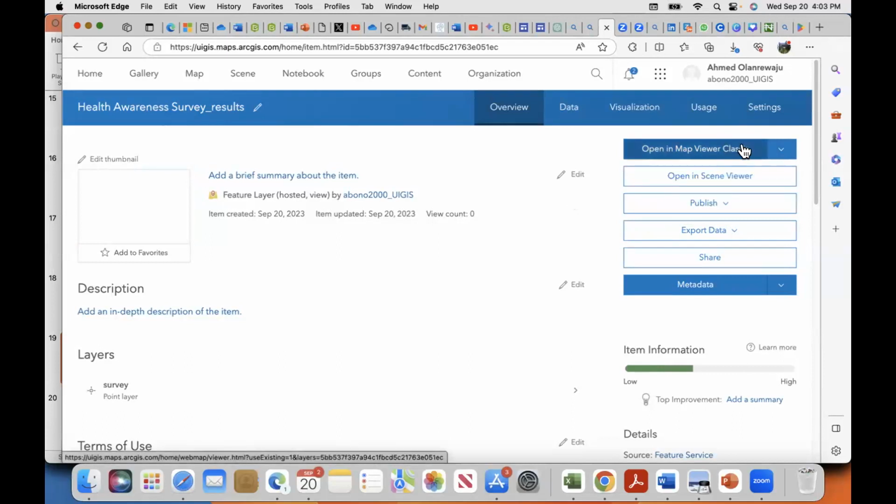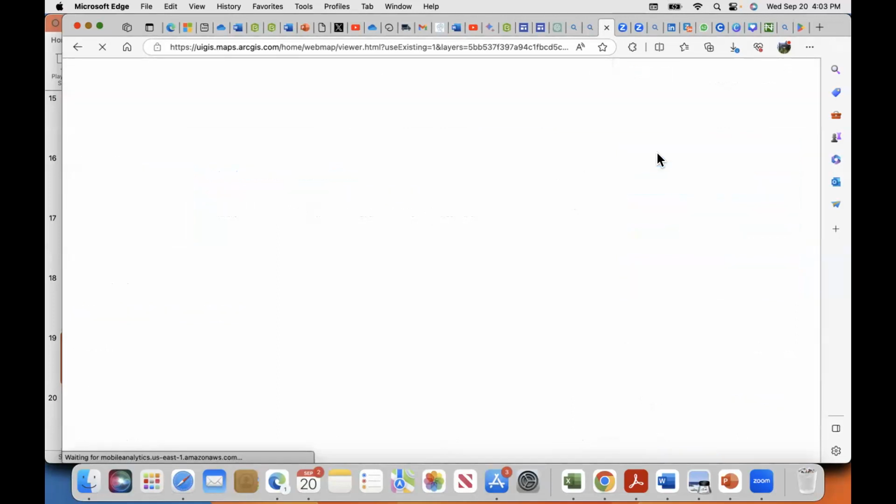So we're going to see our map. I think the network is slow or it's loading.